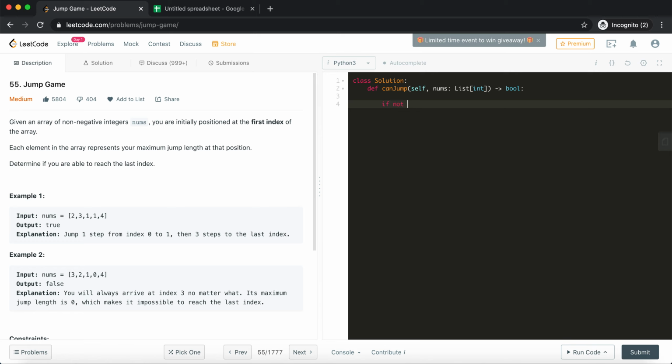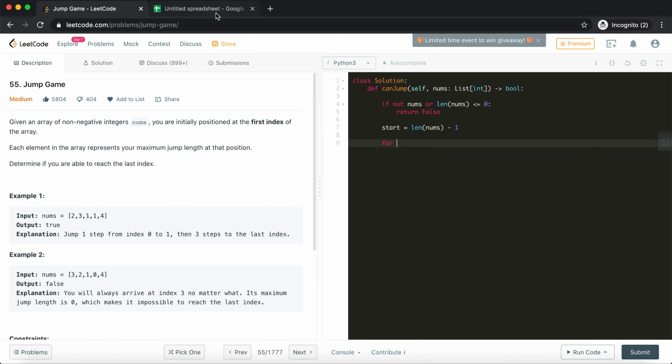First and foremost, we will check for input sanity. So if we have no numbers or the length of numbers is 0, we'll return false. Now we need a start position which will be at the end as we discussed. So I need nums length minus 1.